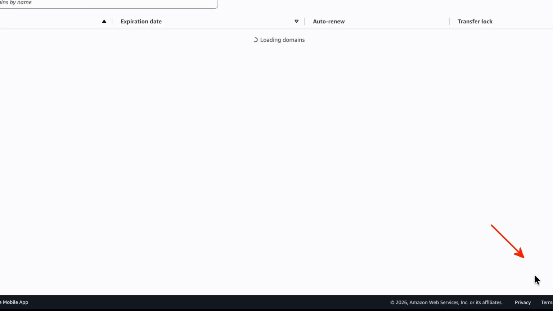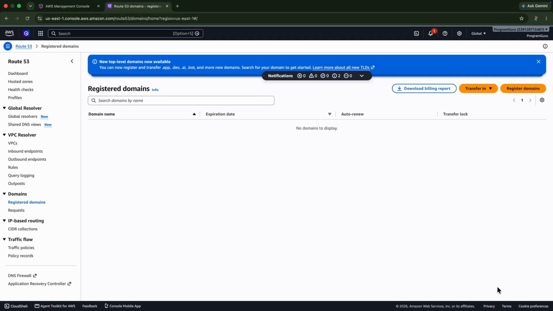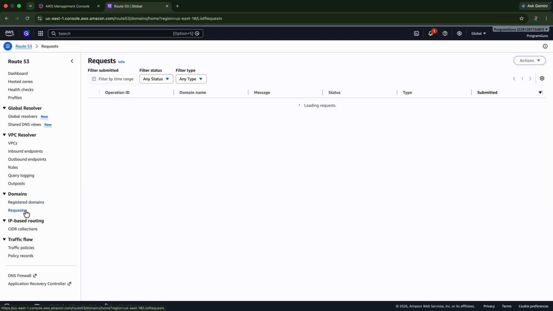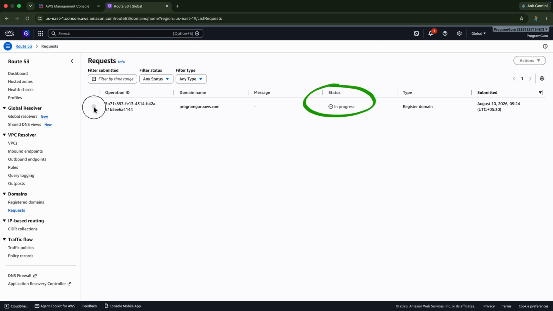Click Submit. AWS now starts processing our domain registration. At this point, do not assume that the domain registration is immediately complete. We should check the status of the request. From the left-hand menu, open Domains. Then select Requests. Here, Route 53 displays the domain registration request and its current status. The registration may take some time to complete. Depending on the domain and registrar requirements,